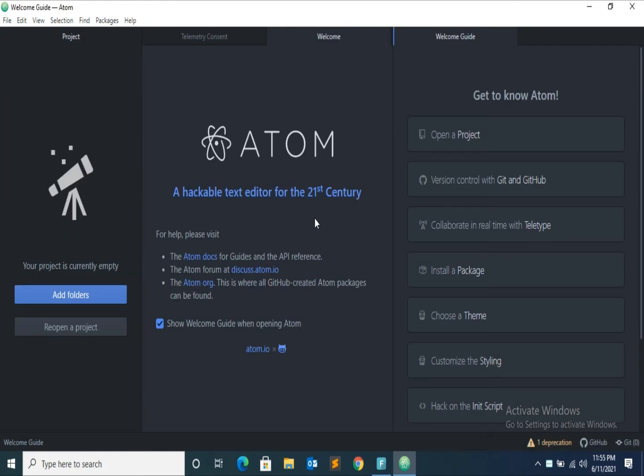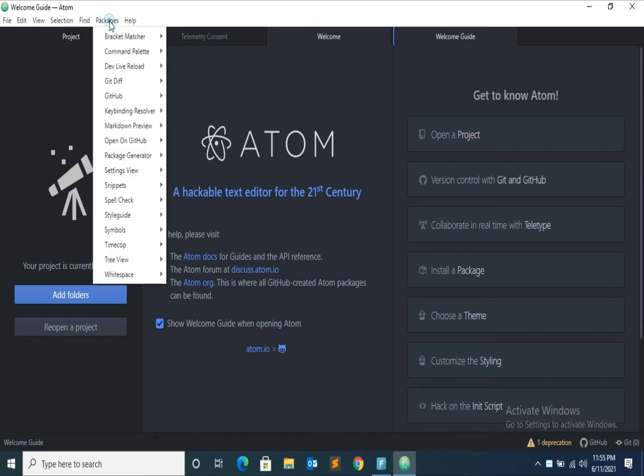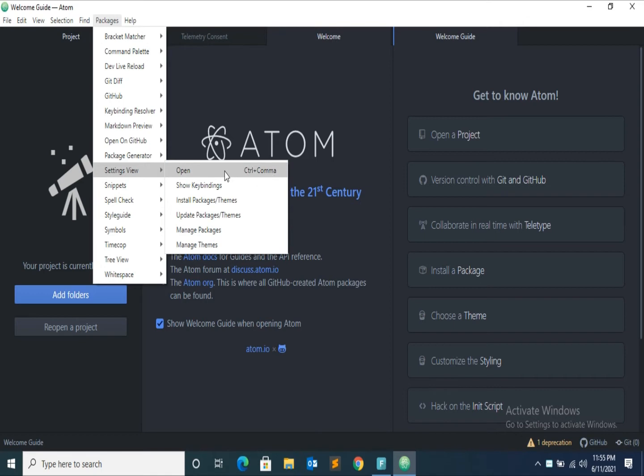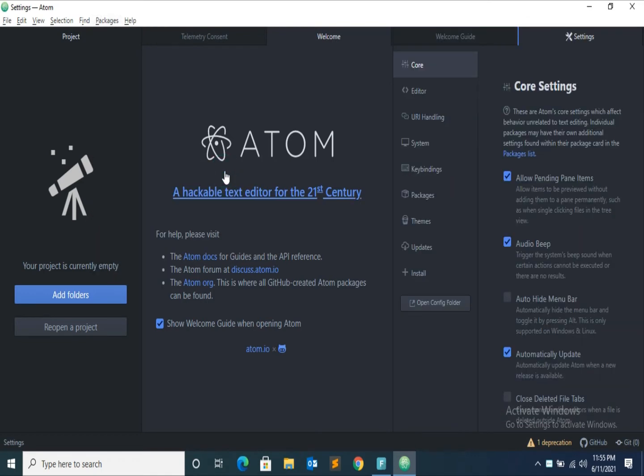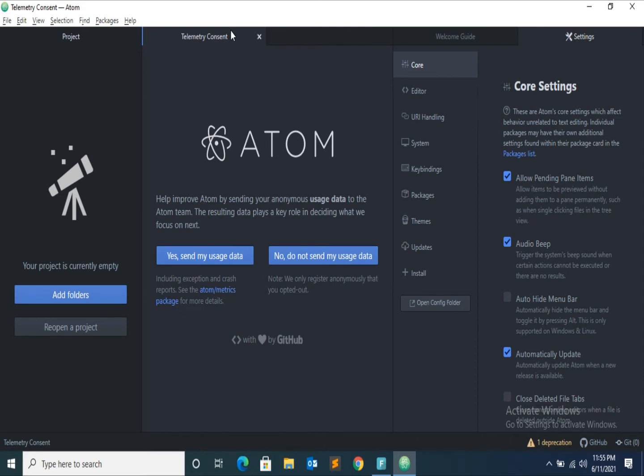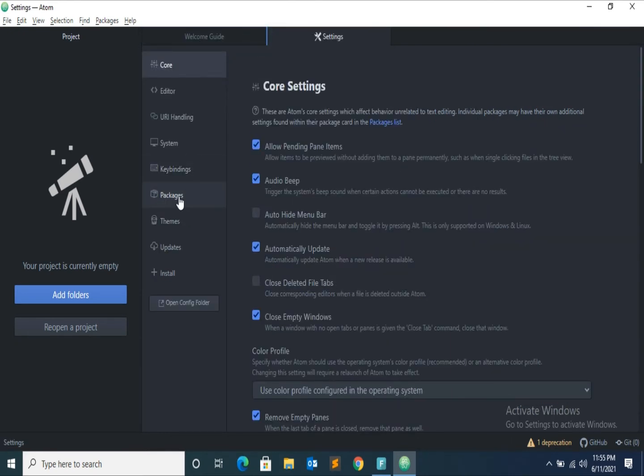Now start Atom, go to the Packages menu, then select the package option. Now let me clear it first.